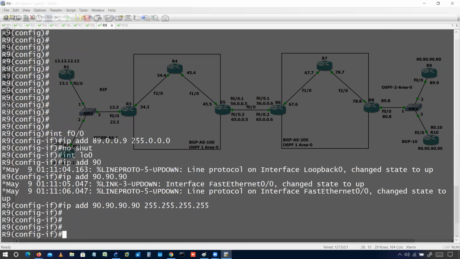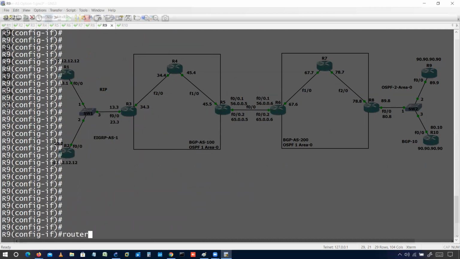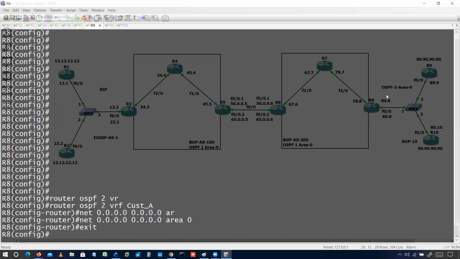Let's go to R9. Router ospf 1, network 0.0.0.0 area 0. Cool. They will take again 40 seconds to converge the topology in OSPF. Let's wait.